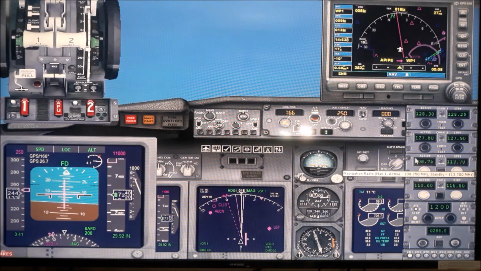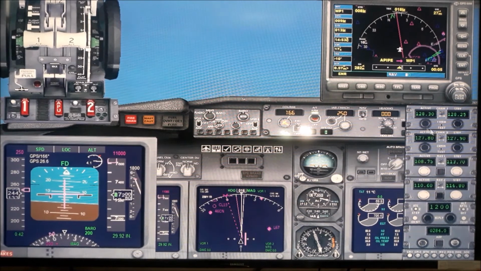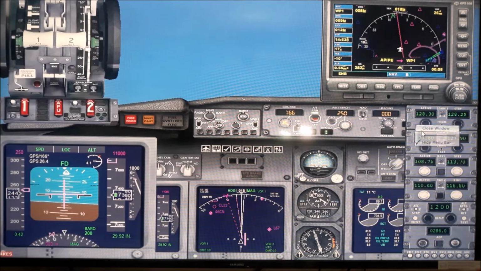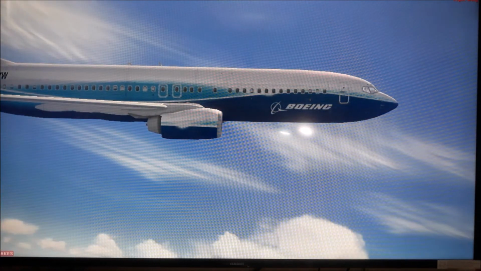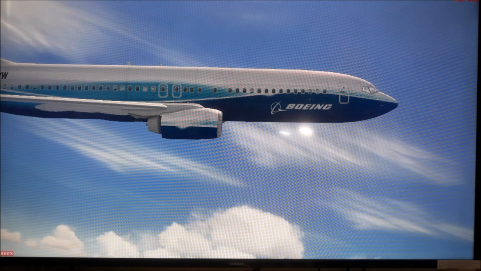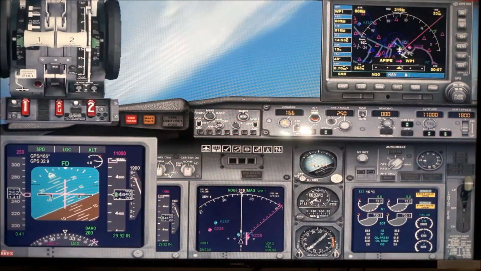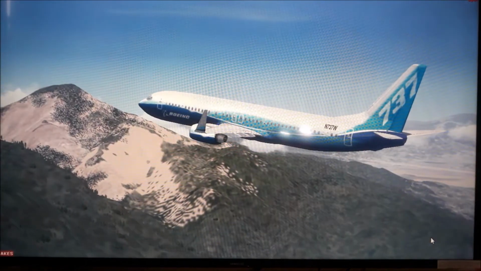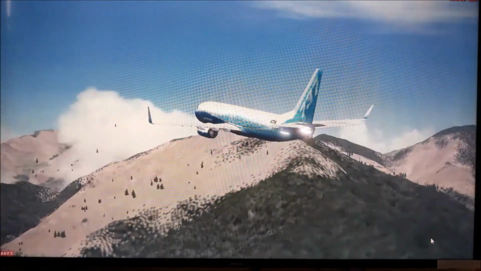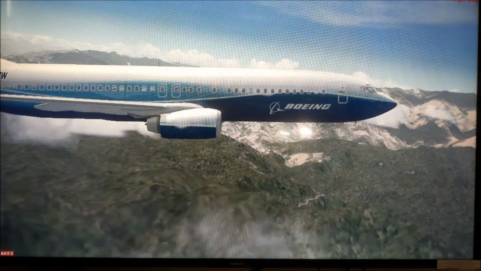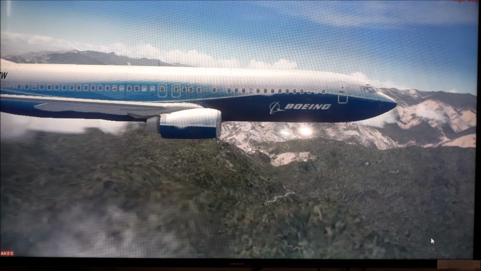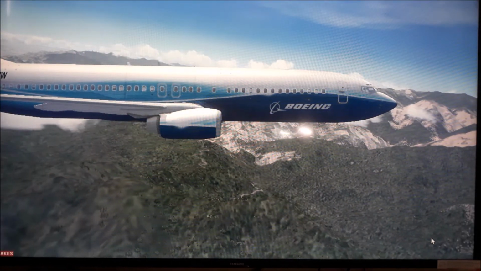This radio frequency is given in the ILS chart of Victorville. We are over the mountains, already over the mountains.